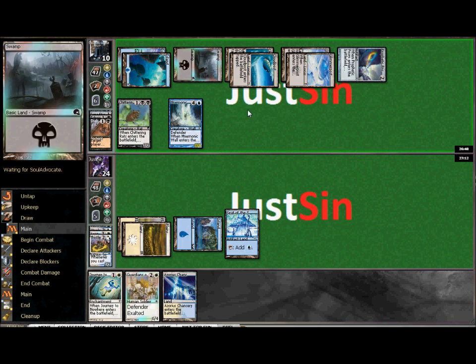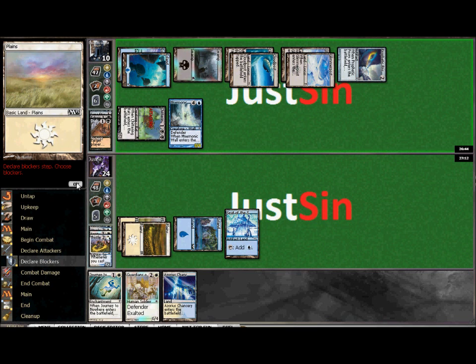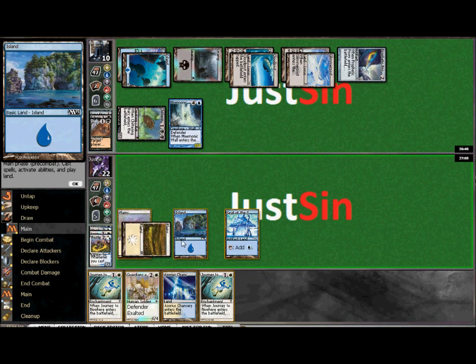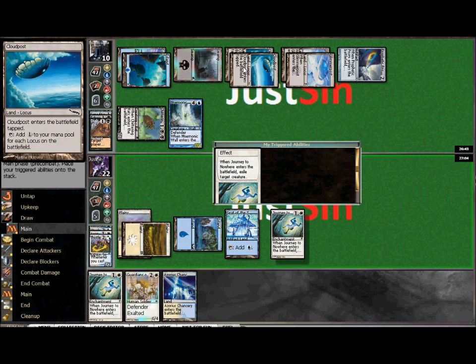Alright, well, so that was bad. He did use the wall to get back his kill spells, wiped off my field, puts it at a severe disadvantage, but got his combo set up. I can, at the very least... This is going to be awful, because Journey to Nowhere...